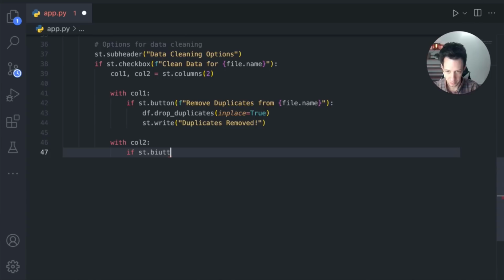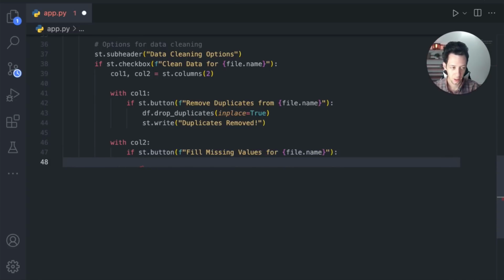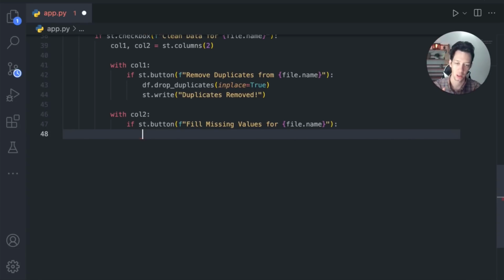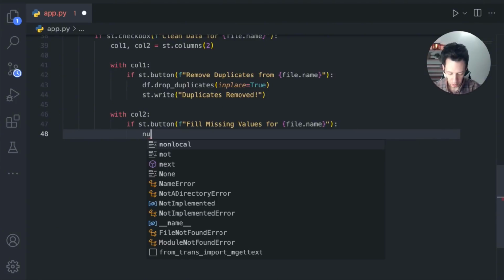I'm going to say button. Okay, and inside here we can just say fill missing values for, what are we filling the missing values for? File name again. Okay, how do we do this with pandas now? So I'm just going to use the average of the column. Now this only works if the column is numeric, right? If there's any words or objects, it's not going to work. So this will only apply to columns with numbers. I will say numeric